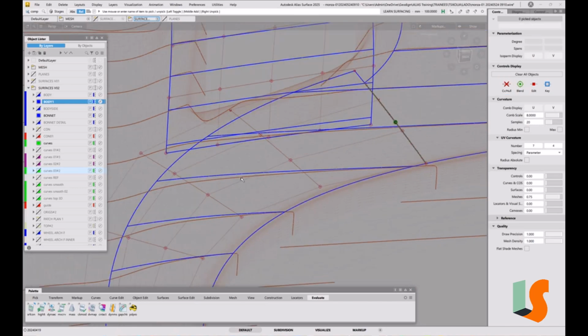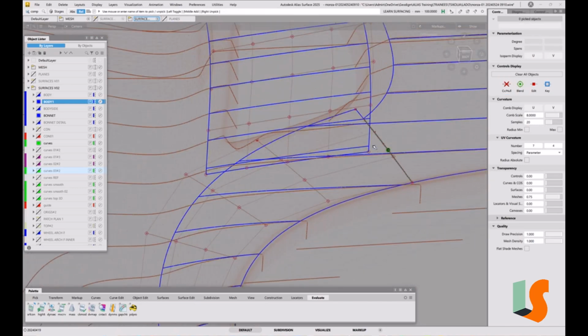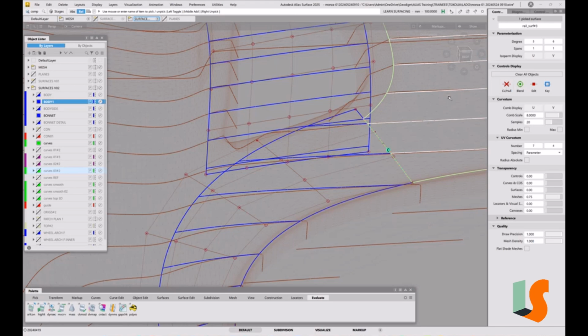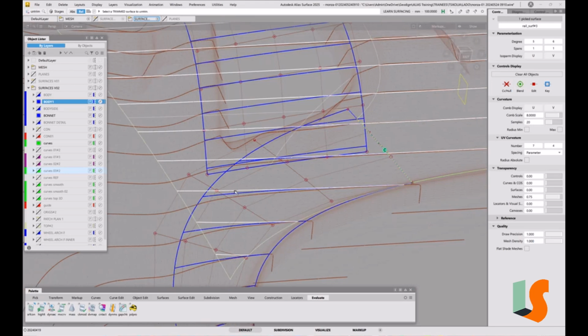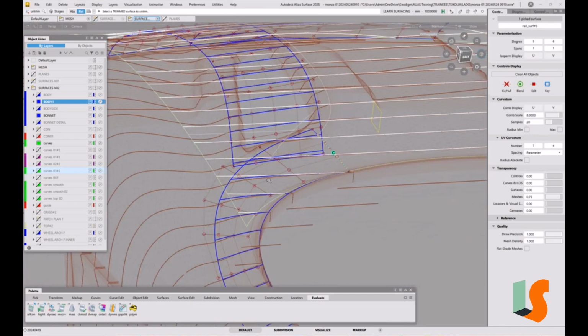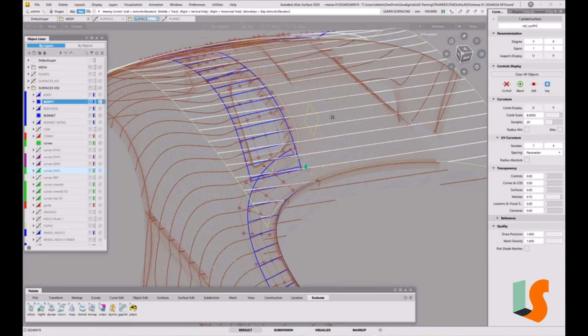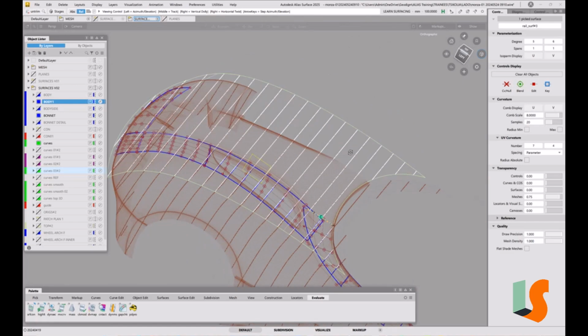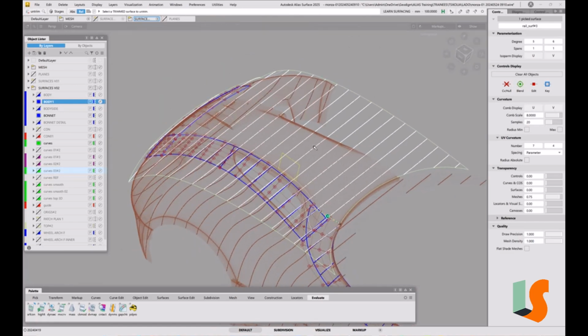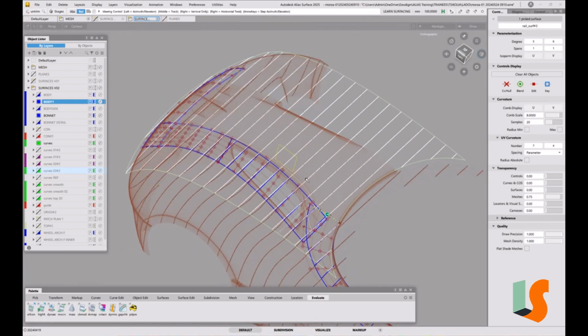And the reason it's kicking up is because of this main block surface. If we untrim that and look at the sections there, you can see the sections just carry on in a straight line, more or less. And so again, I need to modify this main block, and it's a difficult decision, of course, because I know I'm going to have to change this main block again, which means I've got to align things, and